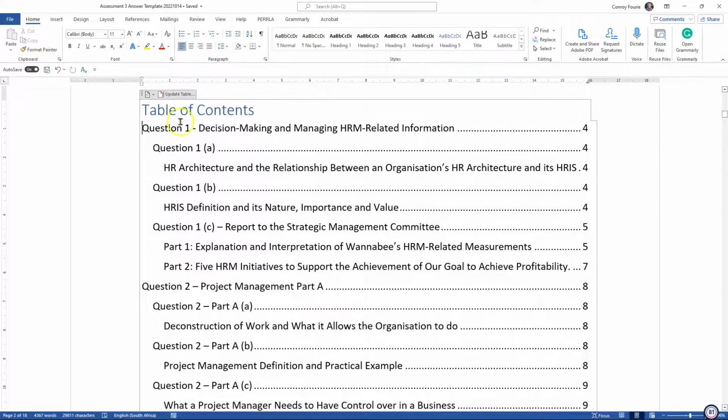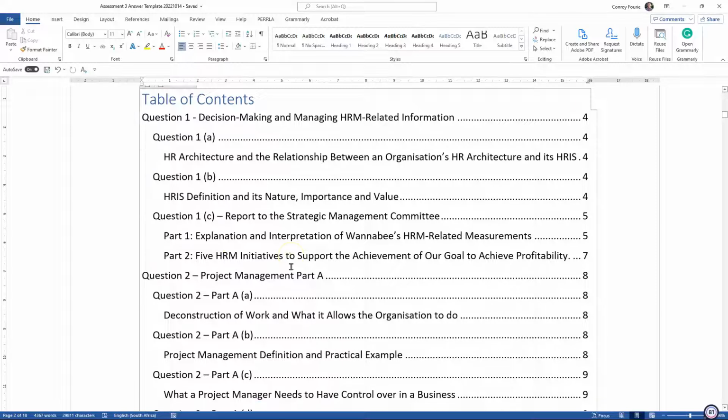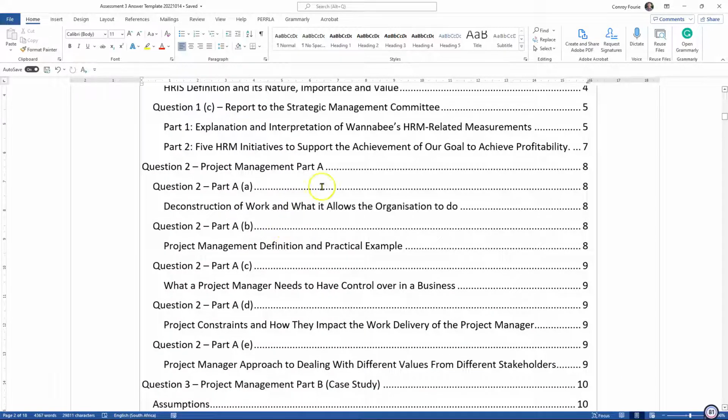So it's question 1, A, B, and C, and then part 1, the explanation here of one of these measurements, and then the initiatives. Project management, part A, where you answer part AA, part AB, and part AC, which is